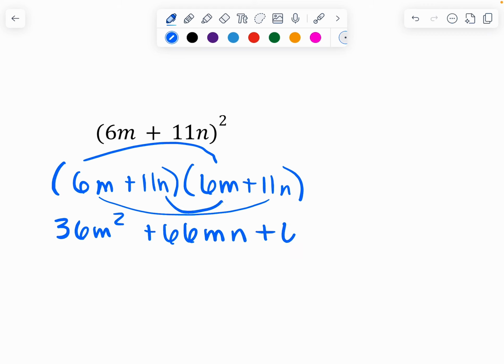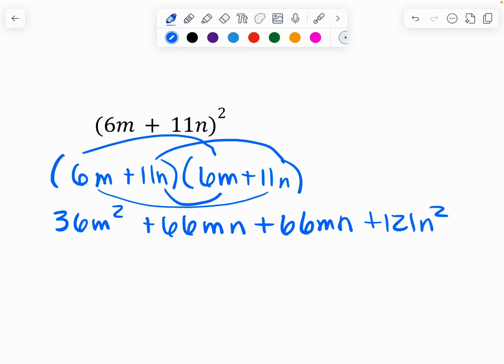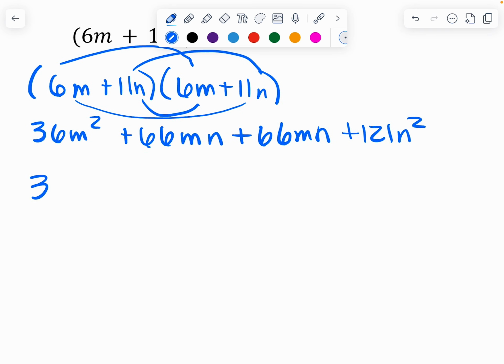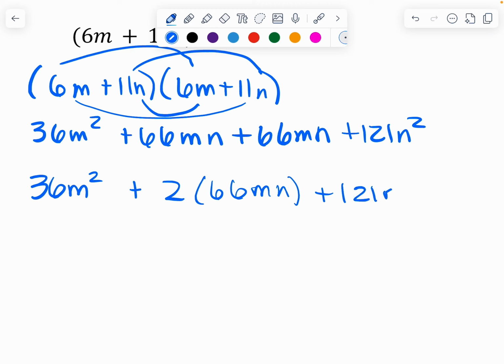Here I get 66mn. And here I get 121n squared. Okay, again, I have 36m squared plus I have two 66mn's, and I have a 121n squared. Now what I'm going to do is I'm going to write it as 6m plus 11n squared,